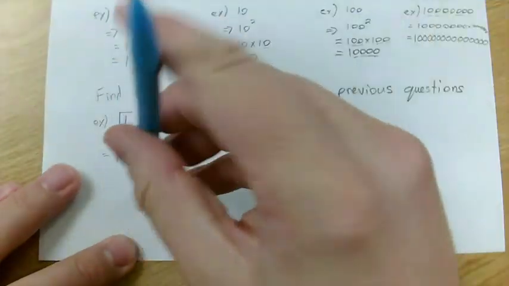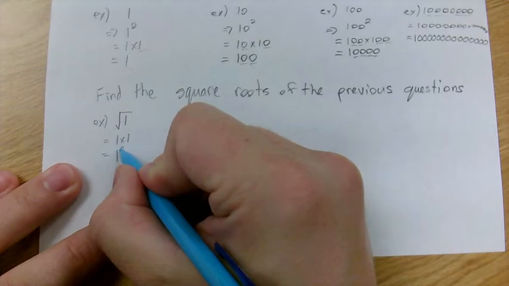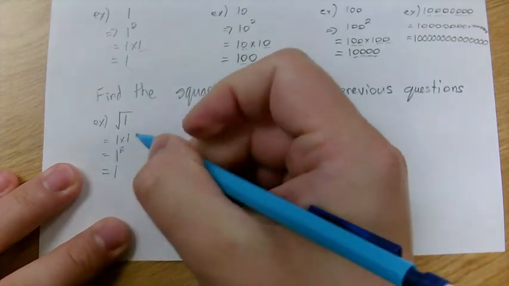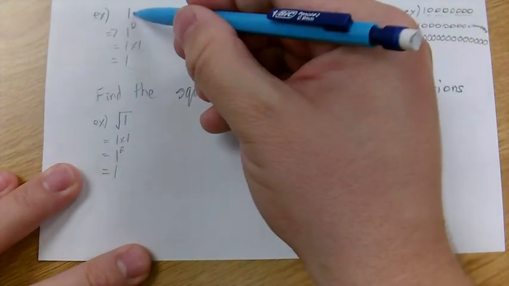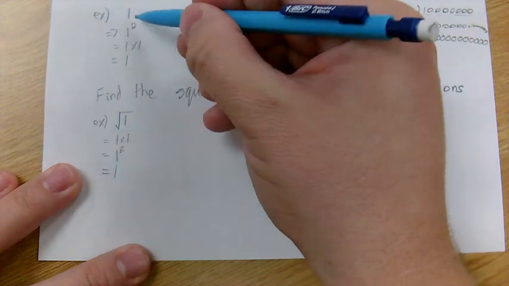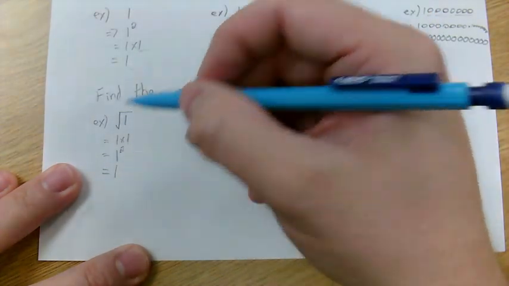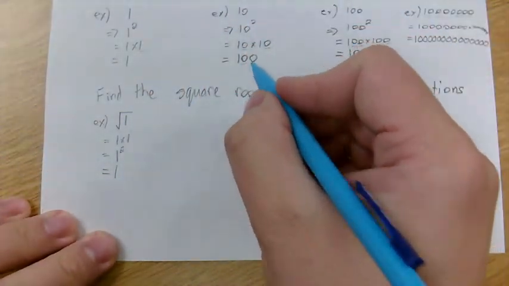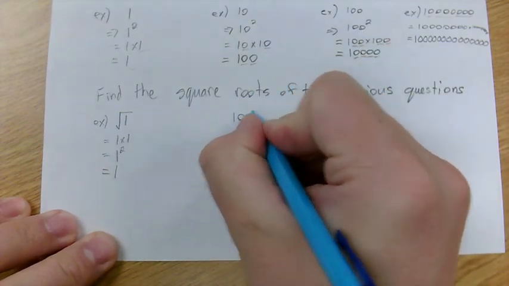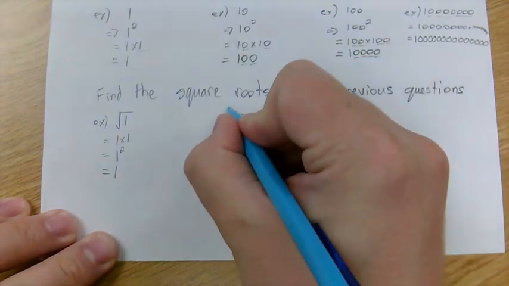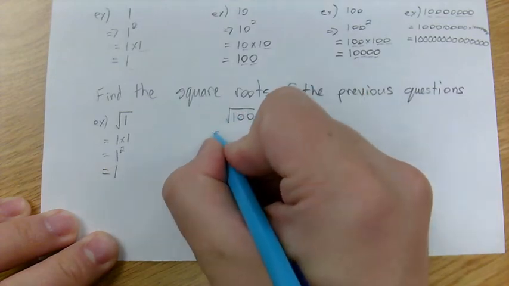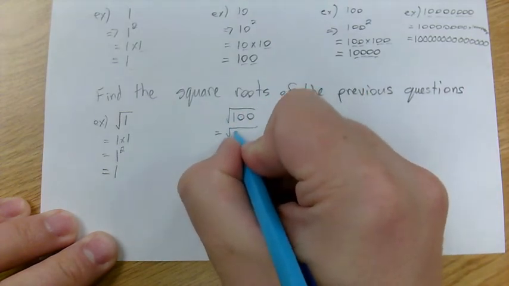I accidentally skipped a step here. 1 times 1 is the same thing as 1 squared, which is equal to 1. So it's just the opposite order. It went this step, this step, this step, this step, just in the opposite order. Okay. What about this one here? We're going to take our 100. We're going to find the square root of it, which is the same thing as square root of 10 times